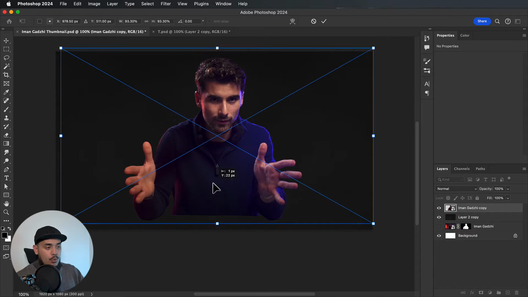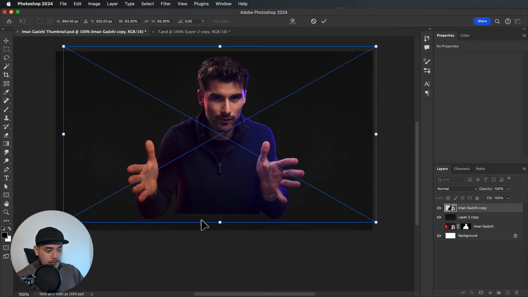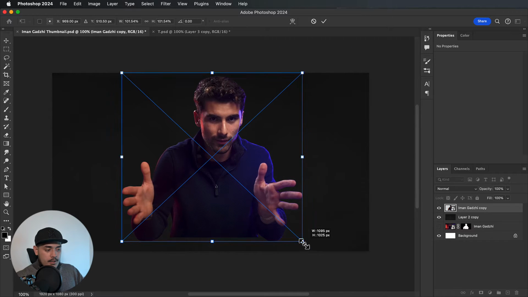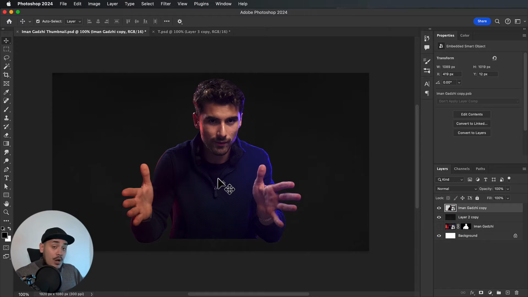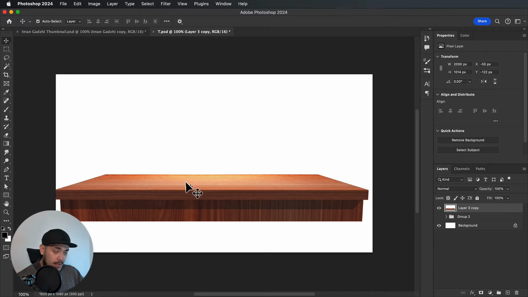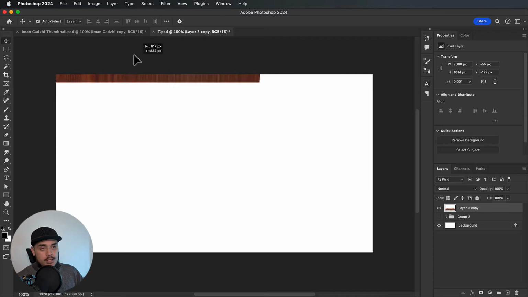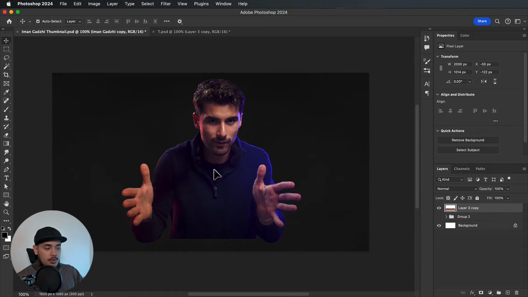better. Now what we will also be doing is creating a little table right here so it looks as if his elbows are on the table. So something like this should be fine. So we're going to press enter, and what we are now going to do is add in an image of a table. So in this tab right here, I have an image of a table saved, and I found this image again on FreePic. And what we are now going to do is drag that into the document,